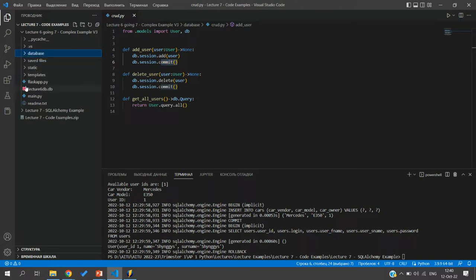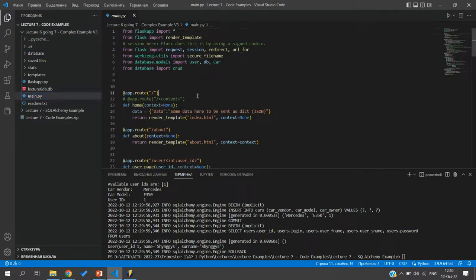So this is how the database folder looks like. Next we have main.py, and I have redesigned the imports too, guys. I have erased all the imports that I'm not using. At the beginning it might be a little bit confusing, but I think you will get the idea. I'm importing the models, like user and car, and also I'm importing the database object, which is the